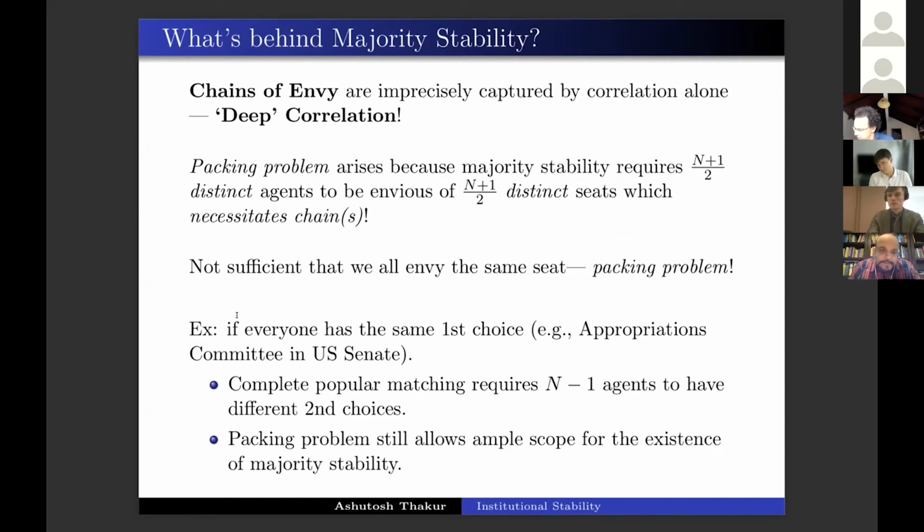So, for example, in the US Senate, the Appropriations Committee that controls the budget of all the other committees is a very prestigious, highly sought after, very powerful committee. So it tends to be people's top choice. If you wanted a complete popular matching in this case, you would need n-1 agents to have all distinct second choices. Not going to happen, practically. But the packing problem is still going to allow for the potential existence of majority stability because you can't put everybody into appropriations. Okay, so this is the interesting robustness that you see when you're looking at